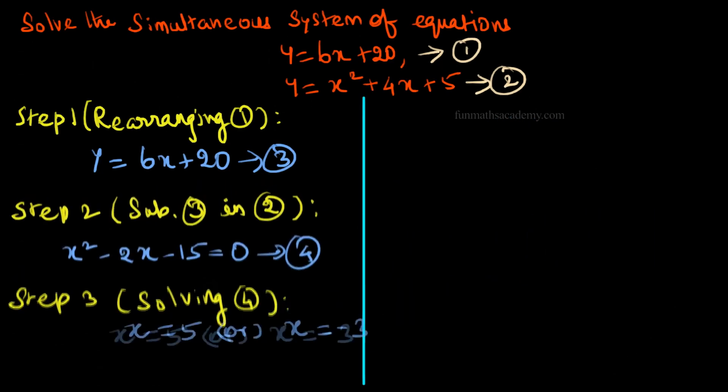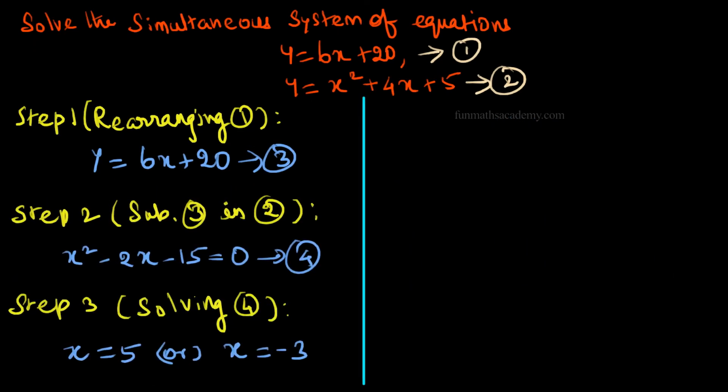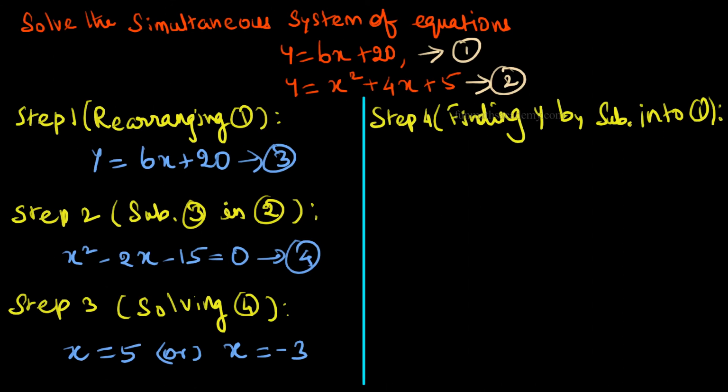Only when we know the values of y for these values of x, we can find out the two coordinate points where the parabola and the line meet. So for that, we should substitute these values of x in the linear equation and find the corresponding values of y. These values of x can also be substituted in the quadratic equation to find values of y.